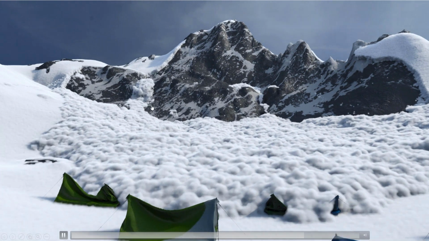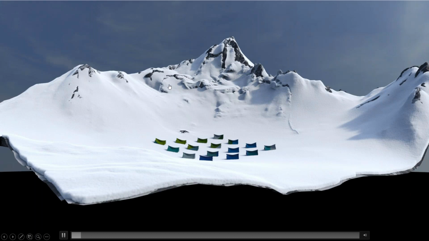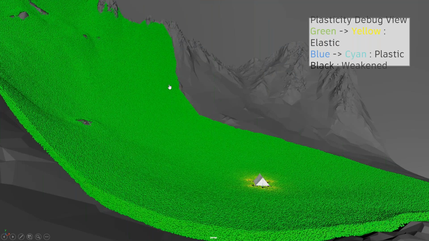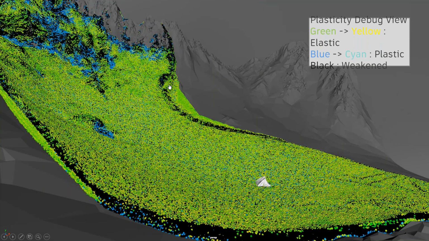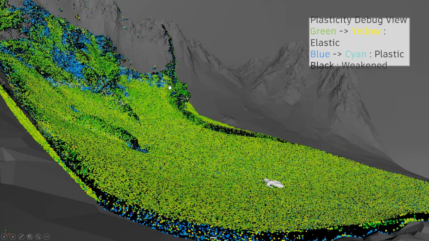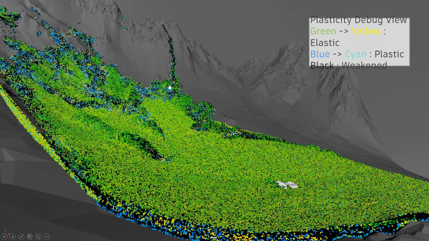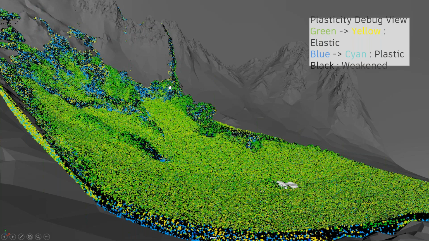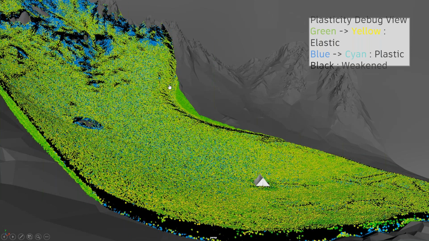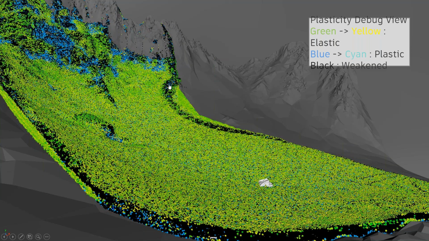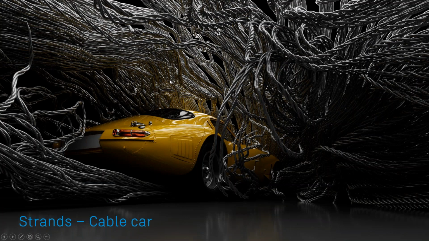Now, the whole idea behind me showing this presentation is that when it comes to Bifrost, the first thing that comes to mind is particles and fire and snow. Not really, because the first thing everyone thinks is it's meant for effects. That means I can create particles, I can create liquids, and I can create fumes or clouds and snow and so on. Not really, but it's also very handy for creating stuff like this,